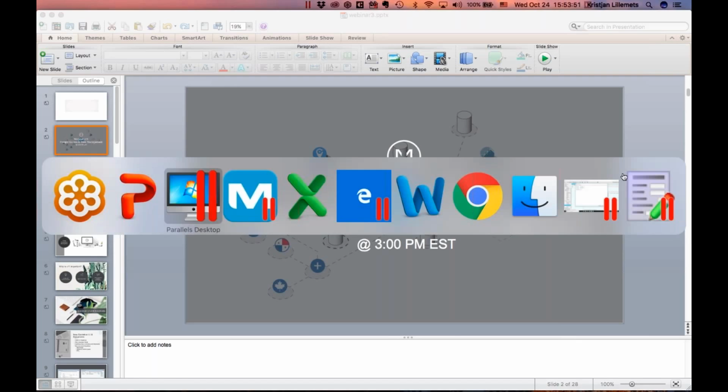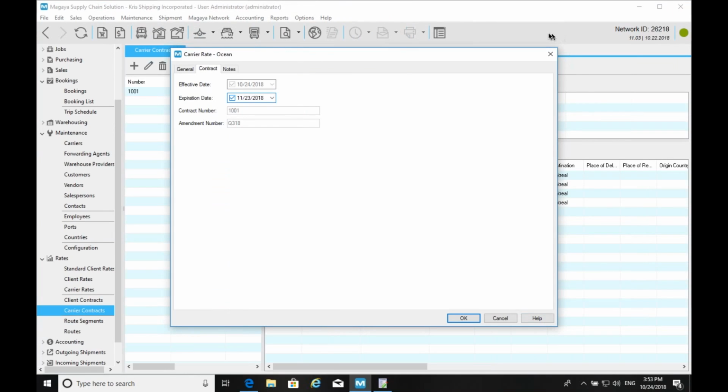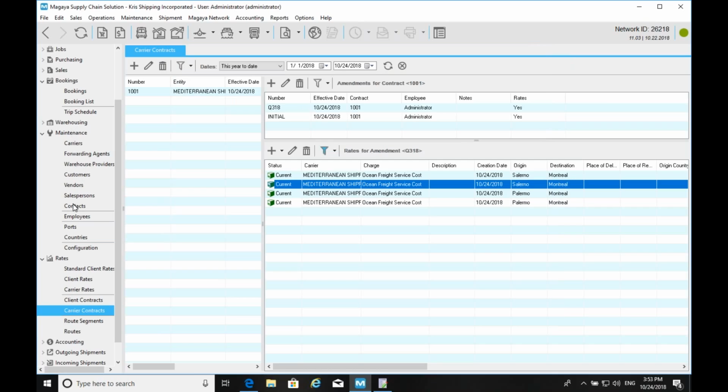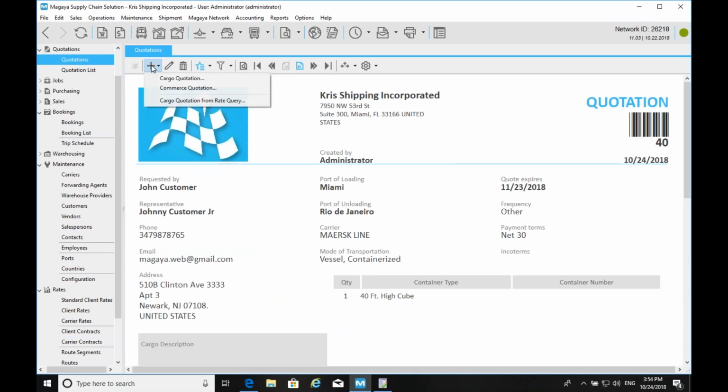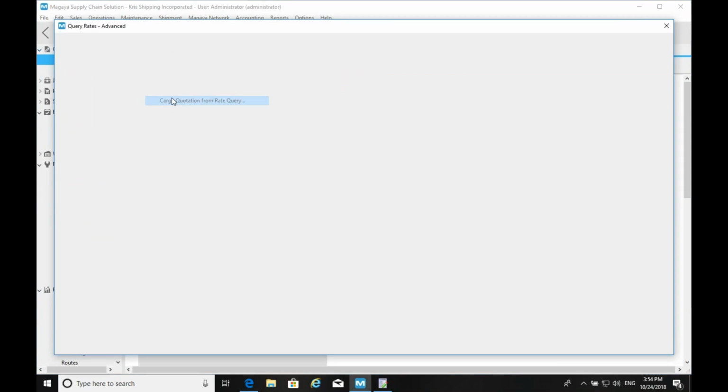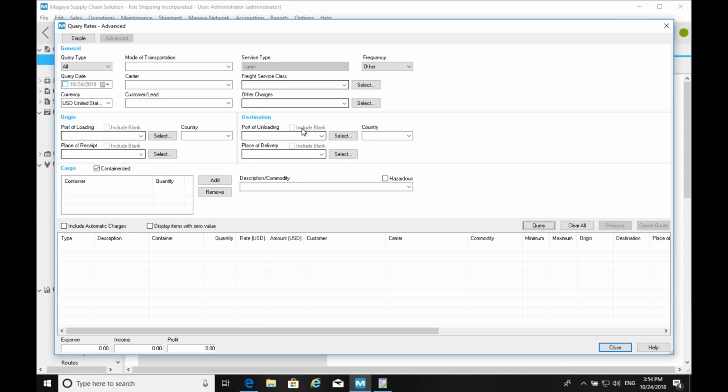And those other charges can be shown right there on the query rate as well, and they will be included in the quotation. Yes, so let me go to the quotes. You can query the rate, and then you see there's a field for other charges right there. So this is one way, yes.